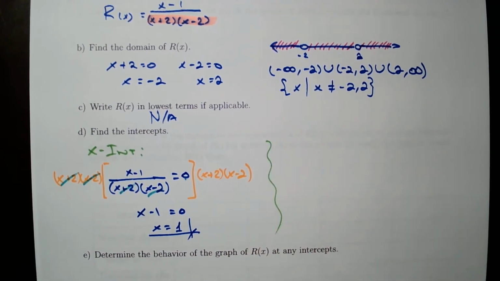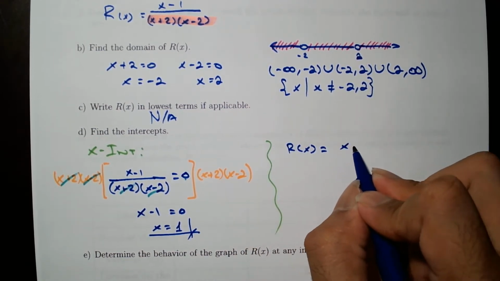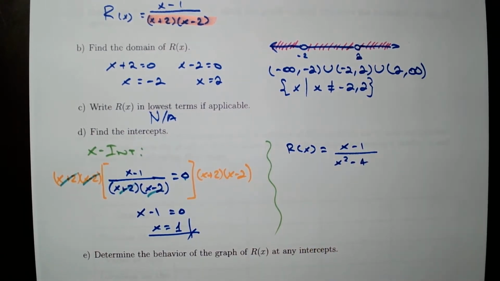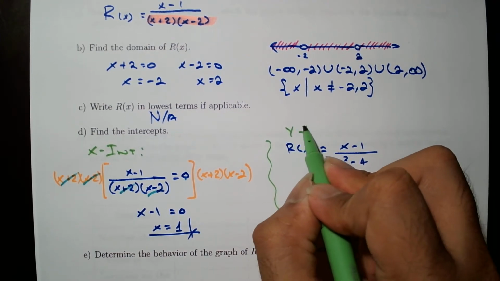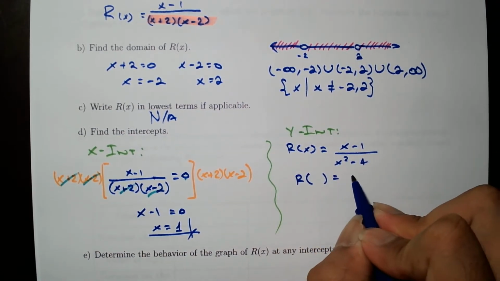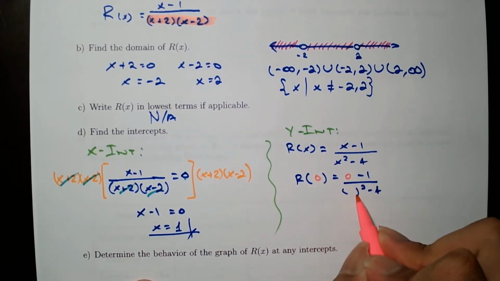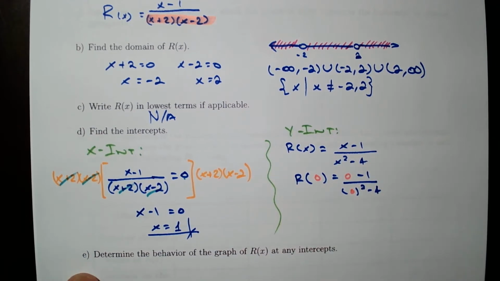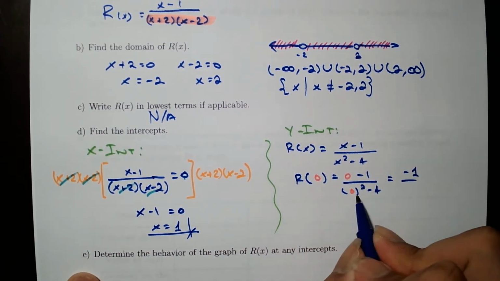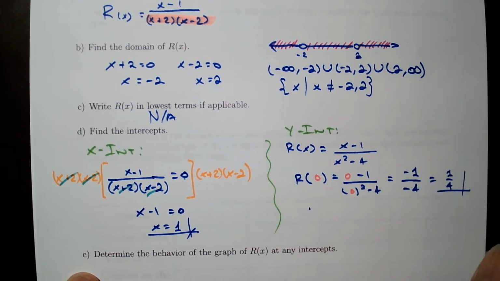Now, to find the y-intercept, all we do is plug in x equals 0, and then simplify. So I'm going to bring back the original function. R of x equals x minus 1 divided by x squared minus 4. For the y-intercept, I'm going to plug in 0 here. R of 0 equals 0 minus 1 over 0 squared minus 4. So substitute 0, and I'm going to be left with 0 minus 1, which is negative 1, and 0 squared, which is 0, minus 4, that's a negative 4. That's going to give me positive 1/4. So y equals 1/4